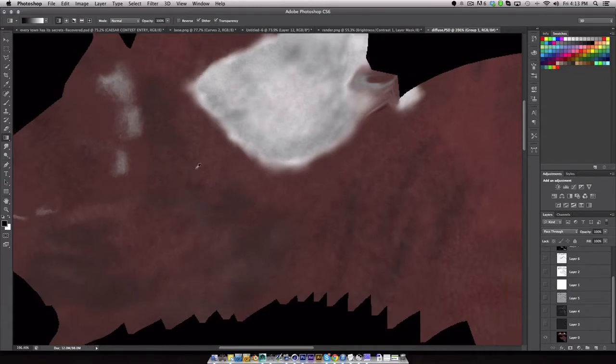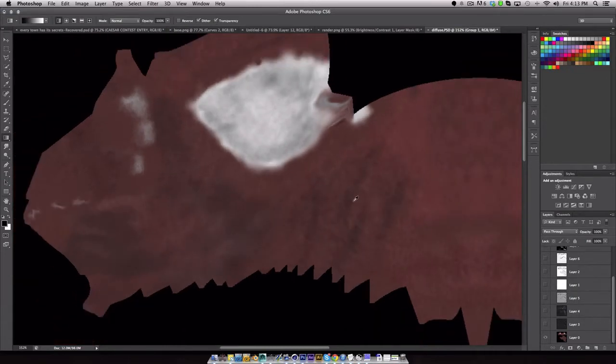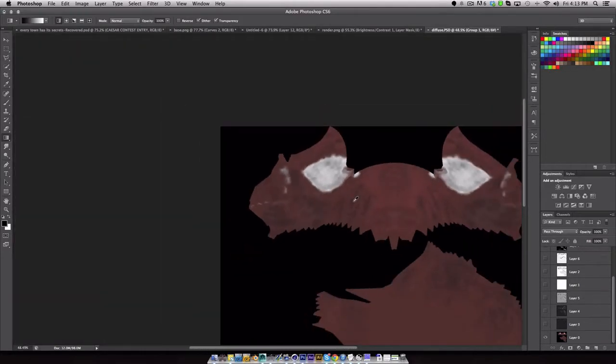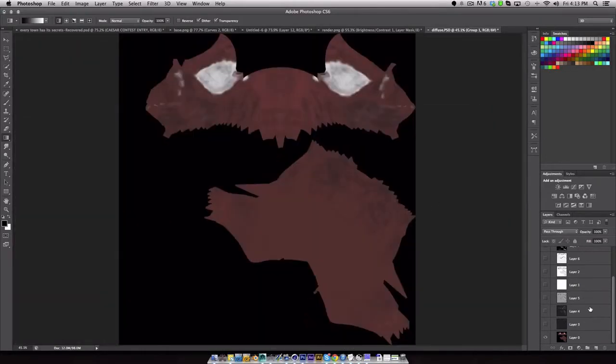My apologies. You can see it's very evident that I used the speckle brush, and that's not really good. But I exported three different matcaps, and I also generated an ambient occlusion map and a cavity map from ZBrush. I'm not going to explain how to do that because it's not really necessary, but we'll just go right into this. First thing I used was I generated a gorilla map,